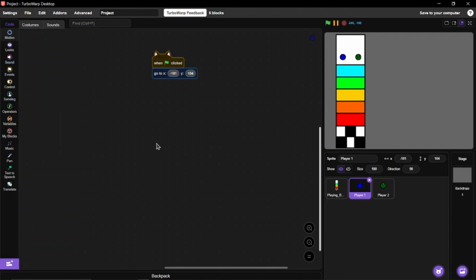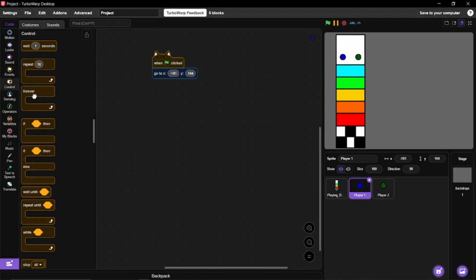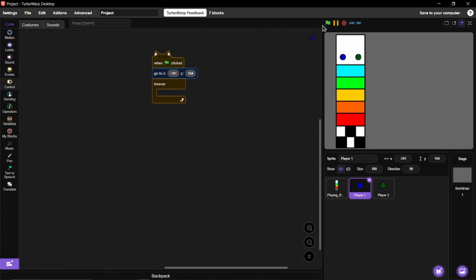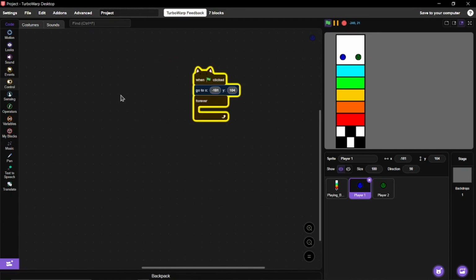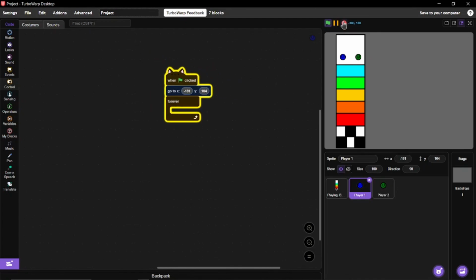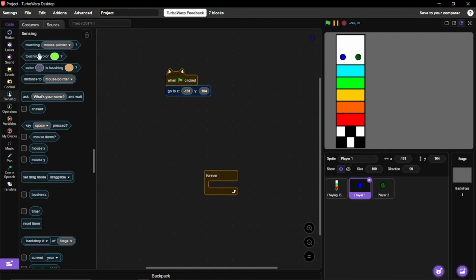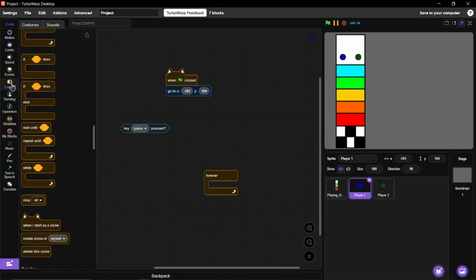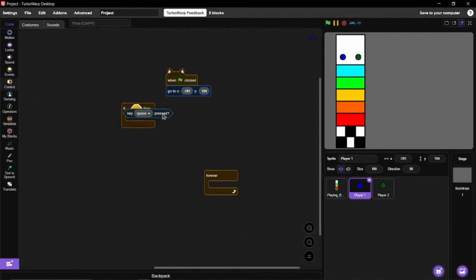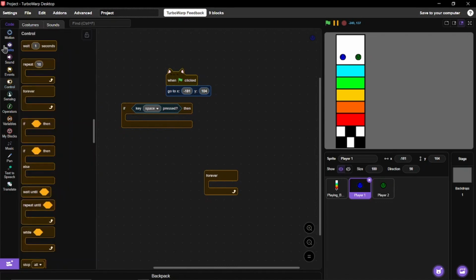Now we're going to do the moving. So this is the moving now. What we're going to do is use forever, because look, let's click it, nothing happens. But if we do forever, when you click it, it will stay on here, because it's just repeating nothing forever. And it will never stop, unless we push the stop button. So that's why we need the forever. If we don't do it, and we do this, let's do an if button, key space pressed, then let's say,